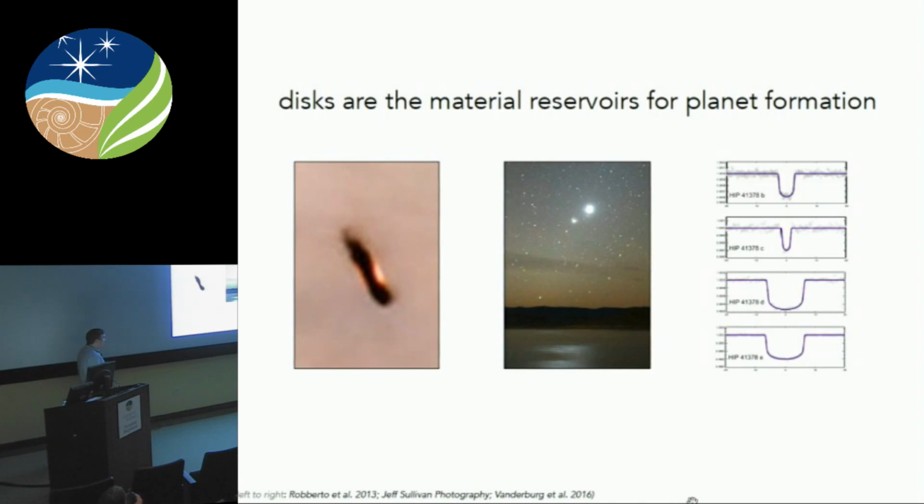First, we have actual images of these flattened protoplanetary disks, and we know they're rotating around their central stars from HST. This is an image where you actually see the disk in silhouette against a bright nebular background. But before we had this, in the early 90s, for centuries, people have realized that the planets in our solar system are moving in a relatively narrow plane called the ecliptic. This is just an image of a conjunction of some planets from a few years ago. So you actually see it in our own solar system pretty directly. People have known this for a long time.